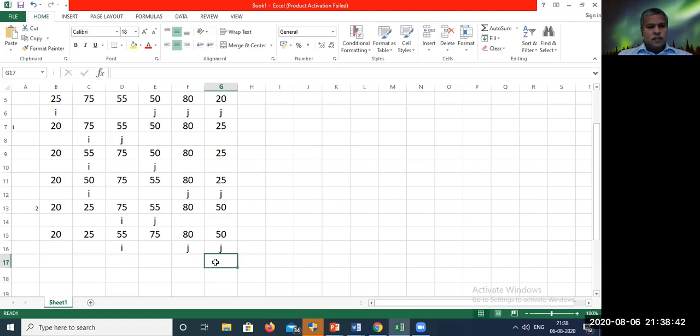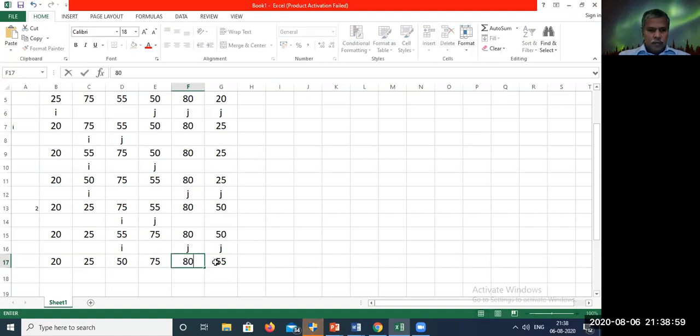Now the condition is true. True means it has to swap. Now I will write the other elements: 20, 25, 50, 75, 80. This is my third iteration. In my third iteration, the third element is arranged.